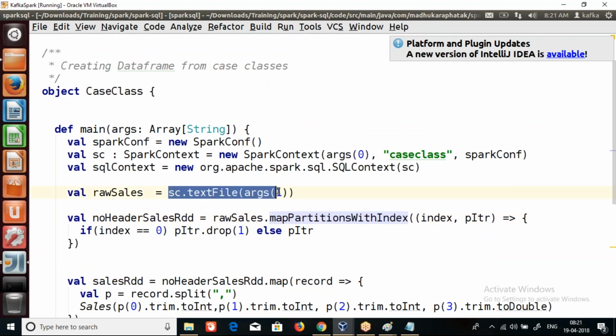So as usual, let's take the normal approach. We are reading it through the text file because it is a simple CSV file. We will read the data using the text file API. Obviously, we'll get the sales data, which is an RDD. This is our RDD. Now this RDD also has the header